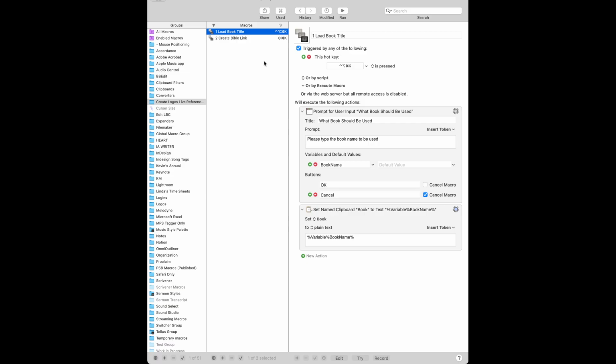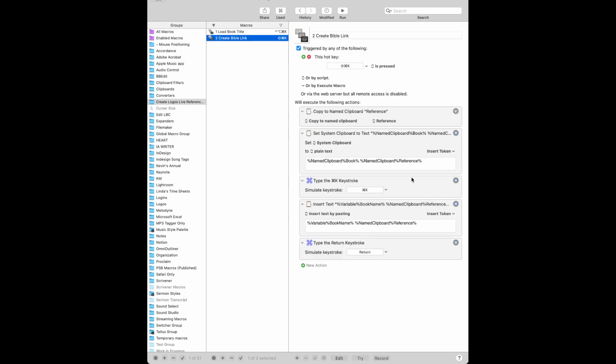I thought about walking you through the process of creating it. I'm not going to do that. I figure you're smart enough to know how to pause the video, to look at these steps, and then to pull them up in Logos, or pull them up rather in Keyboard Maestro. Keyboard Maestro is a fantastic